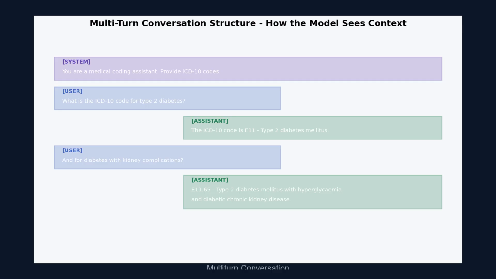The first user turn asks for the ICD-10 code for type 2 diabetes. The assistant responds with E11. The second user turn asks a follow-up about diabetes with kidney complications, and the assistant provides E11.65, with the full condition name. Notice that the second response is more specific than the first. That's the model using conversational context from the prior turn. For your fine-tuning data, this means multi-turn examples are more valuable than single-turn ones when the task involves follow-up reasoning